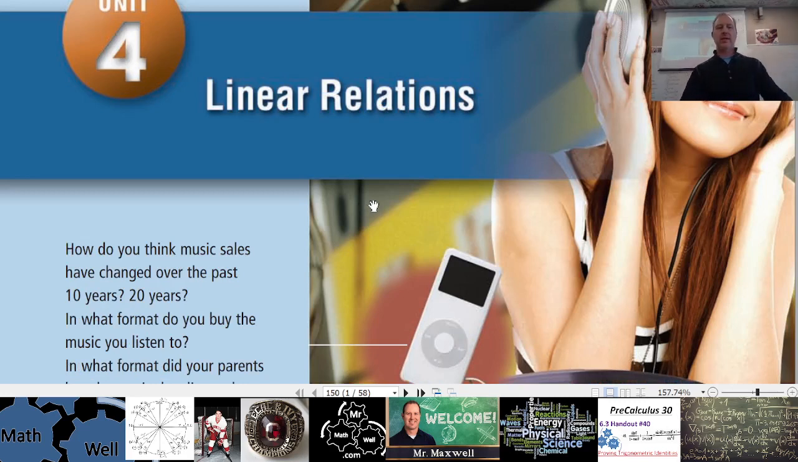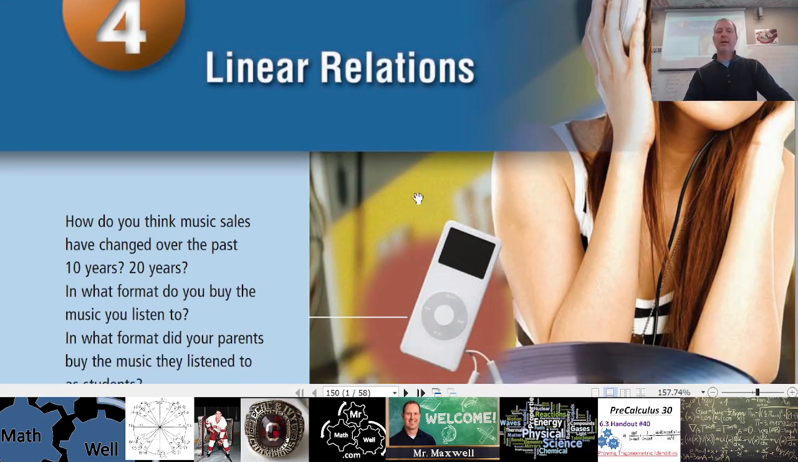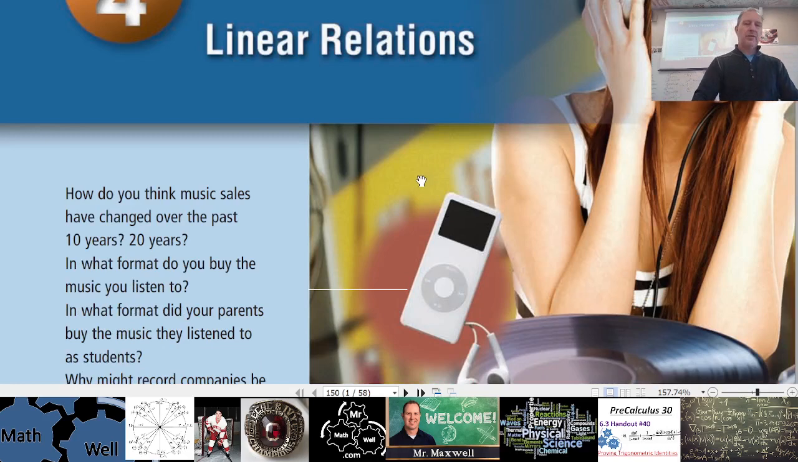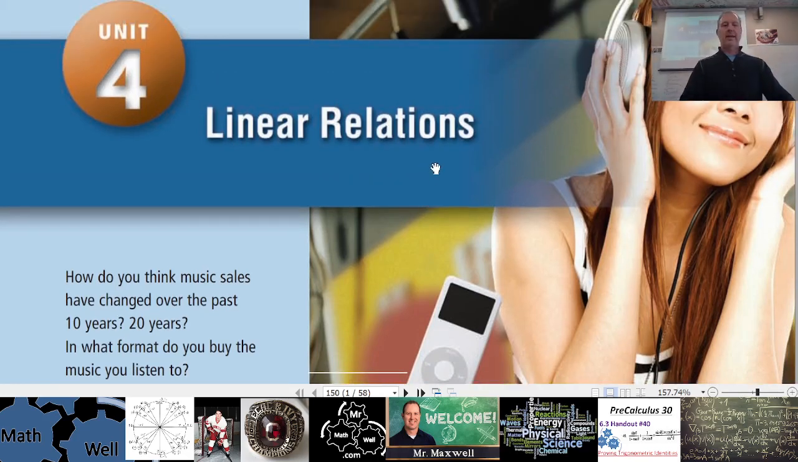have changed over the past 10 years or 20 years? In what format do you buy music that you listen to today? In what formats did your parents listen and buy the music that they had? So things have changed, obviously, in lots of areas of life, and the data surrounding changes can be expressed in something called relations. So we can relate to changing things or two variables that can change. And a lot of times we set up a mathematical relationship to describe the relationship between those, the connection between